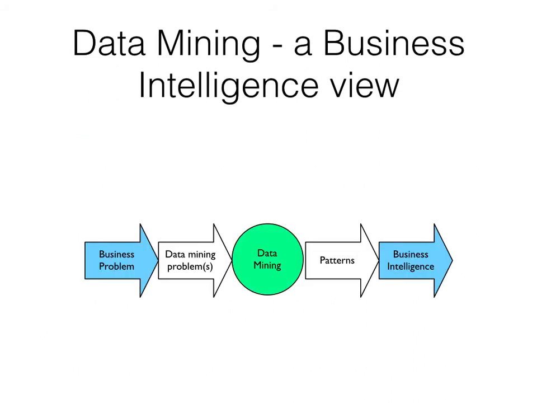There's a business intelligence view of data analytics and data mining that we can see in this scheme below. We start with a business problem, we transform that into a data mining problem, we do some data mining to identify patterns, and then we can use those patterns as business intelligence. You can see that these two red lines are the edges of where the data analytics fits. Outside of those, we're in business land, talking about a business problem or business intelligence, and we transform that into a way that we can deal with in data analytics and data mining, and that happens inside.